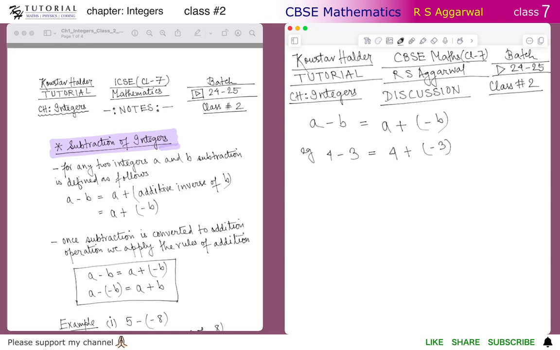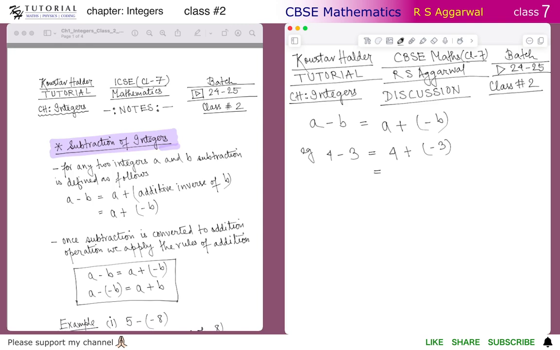In this case we are adding one negative integer and one positive integer, and we have already discussed in the previous video that when we add two integers of unlike sign, we subtract the numerically less value from the numerically greater value, and then on the result we put the sign of the